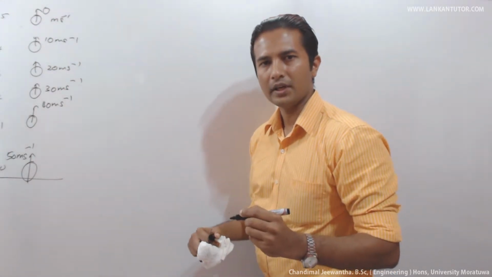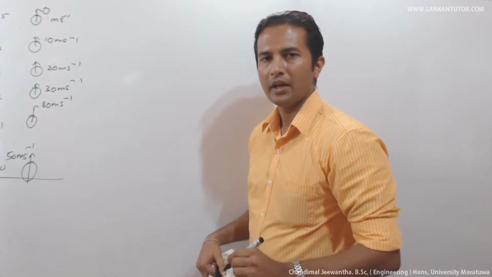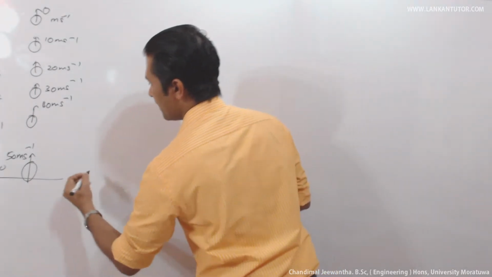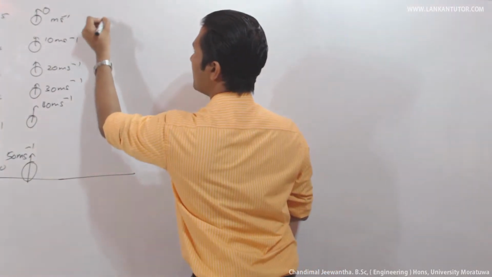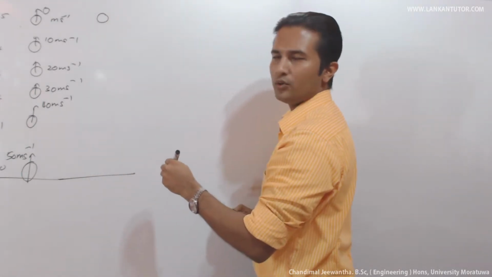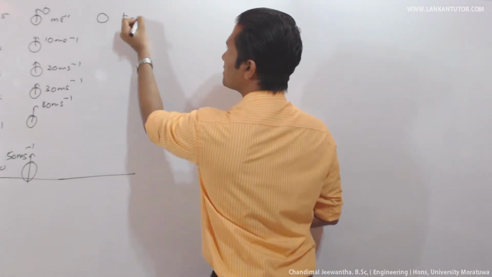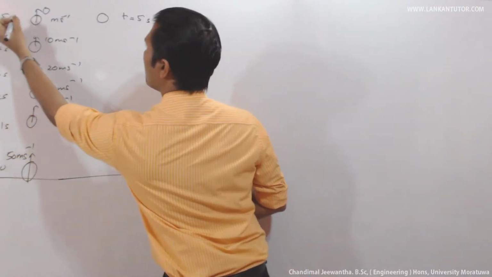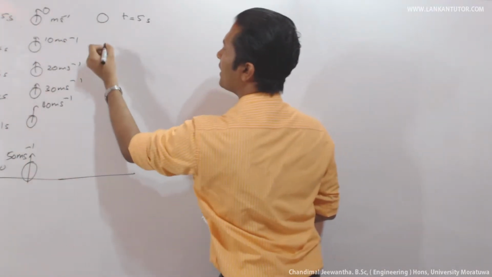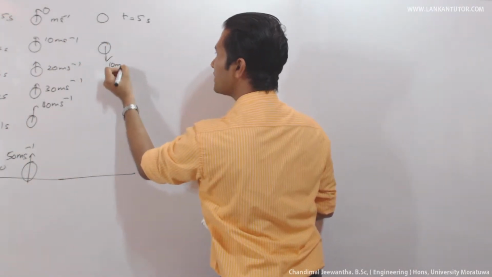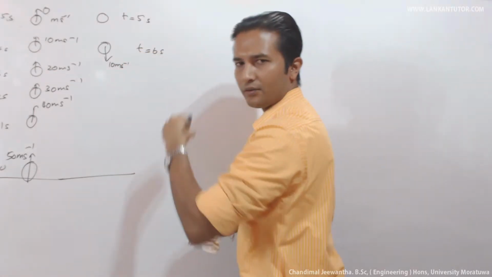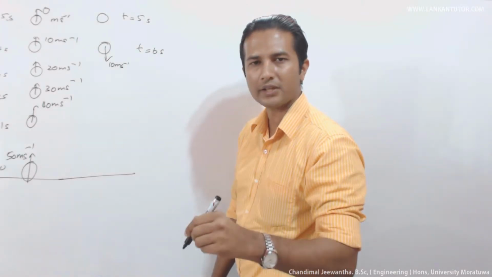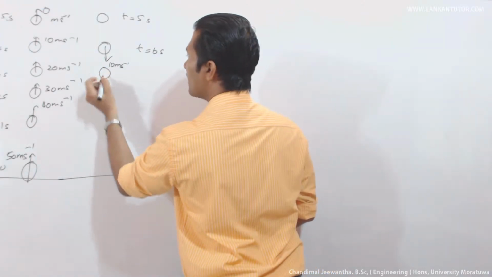That occurs due to the gravitational acceleration exerting downwards. Then what happens? The object comes back towards the ground. When t equals 6, the velocity should be 10 meters per second. That is t equals 6, which means the velocity increases, but in the negative direction, each and every 1 second.